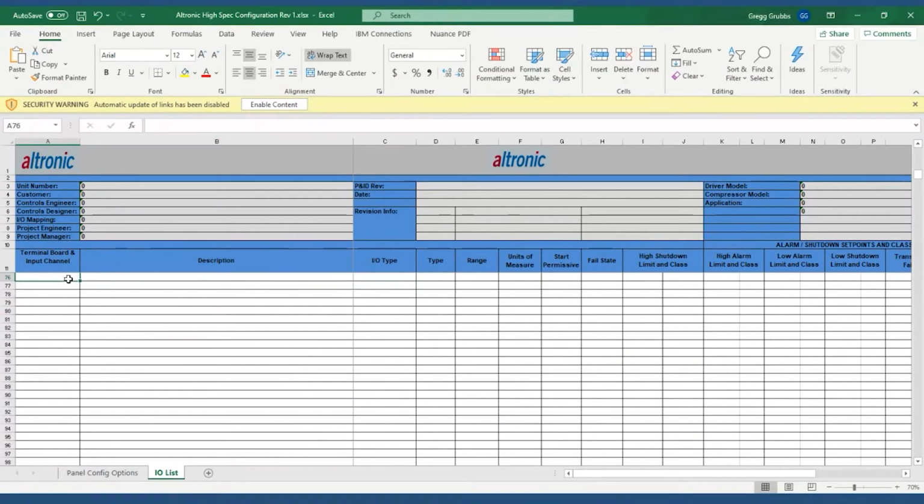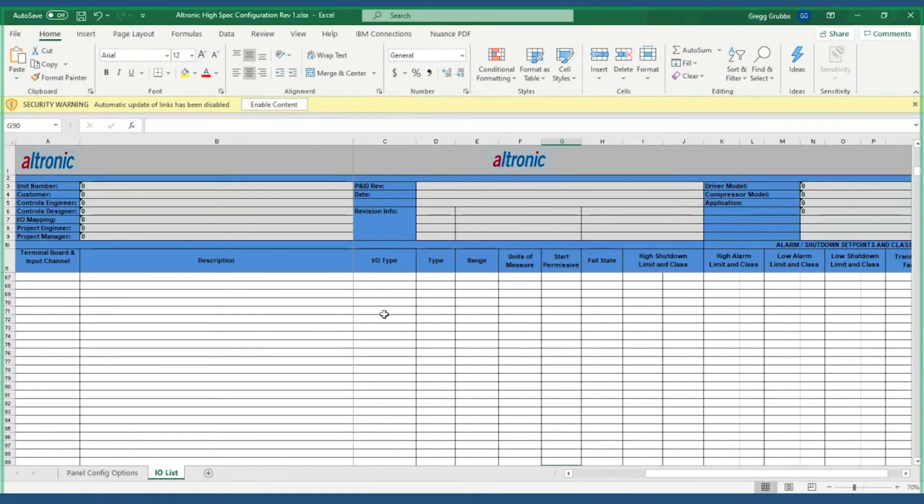If you have an order in which you want all of these on the board, you can define them right here so that we can define it on the quote as well as in a drawing in a specific order. Like I said, this is going to be a living document kept in our project folder. So we could even go back and recalibrate this to have the correct IO if some changes are made, and also the placement of it if it makes sense to do that. We can come in here and do all the shutdown classes, what the limits are, the low and high, and whether it be alarm or shutdown. So as you can see here,